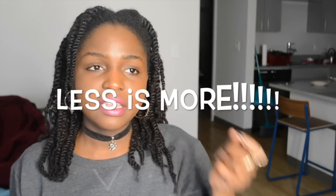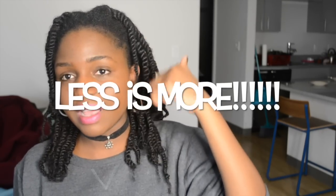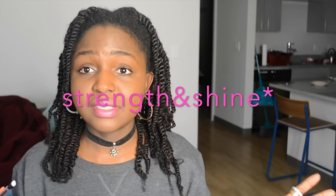And what I use to moisturize, I am very basic when it comes to my hair. I don't use a lot of products. I spray my hair with water. I divide my hair into 8 sections, spray with water, then I put my leave-in conditioner. I use the Creme of Nature Style and Shine leave-in conditioner. Then after that, I use